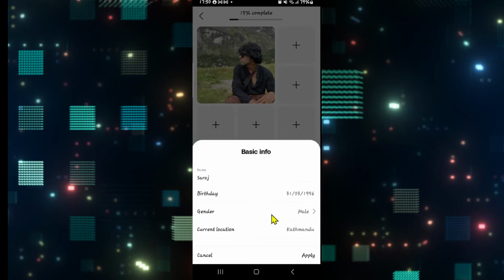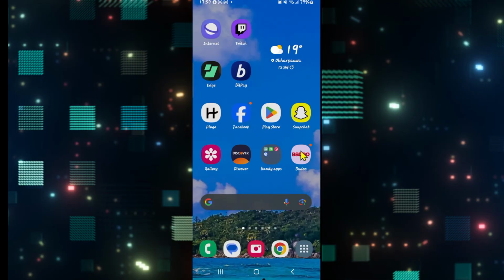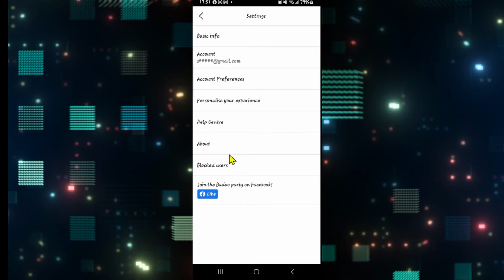However, unlike all of the other options, your date of birth is not changeable, which means you cannot tap on it. So if you wish to change this, then you will need to contact the customer support team for the Badoo dating app. From your profile icon, tap on the gear icon at the top right and then tap on